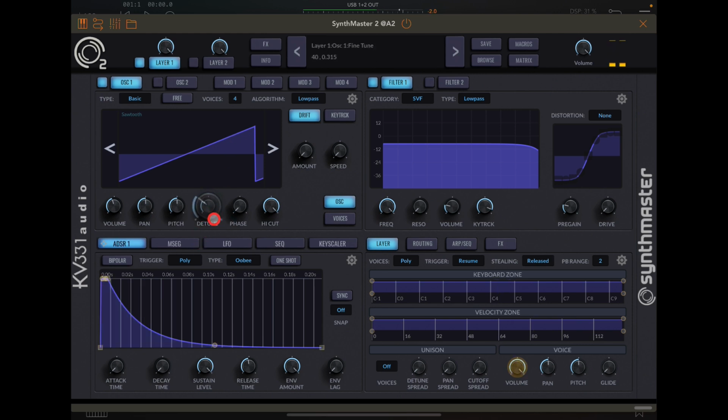This is just detuning them all. This is adjusting the phase. You won't really hear any of this. This high cut is another filter in itself. So if we open up the filter full and close the high cut down on the oscillator,